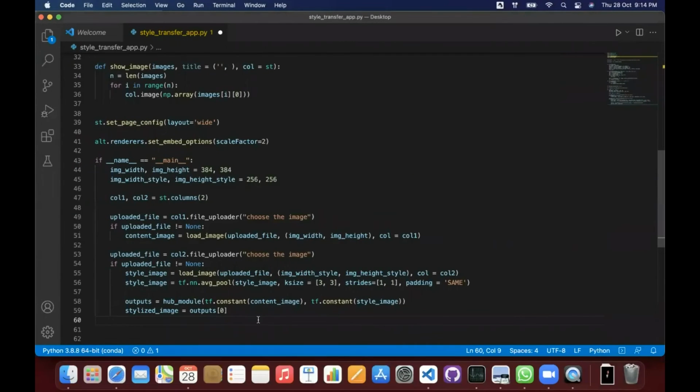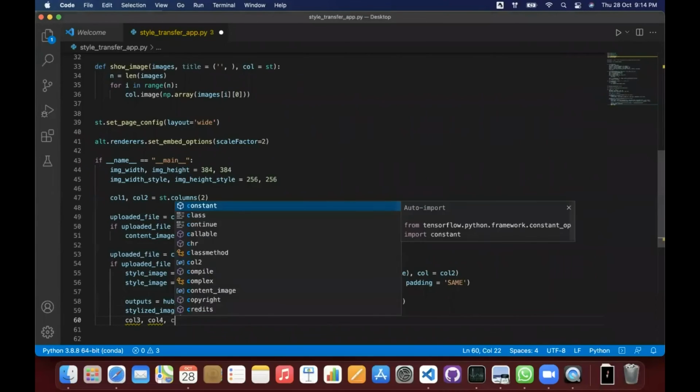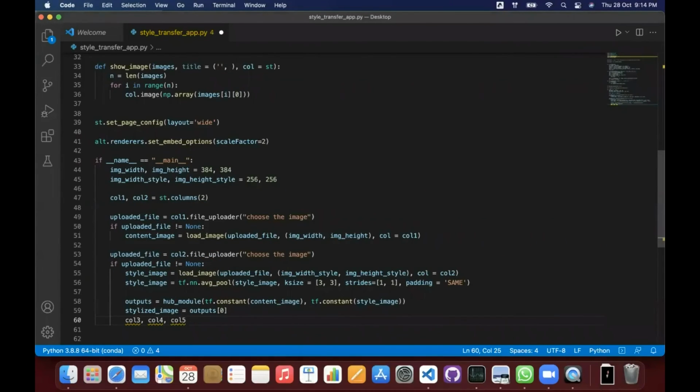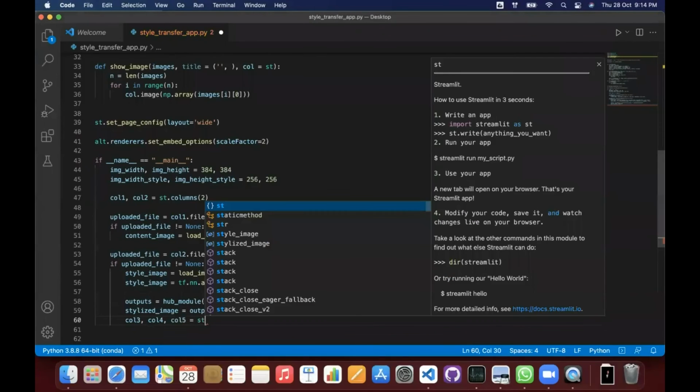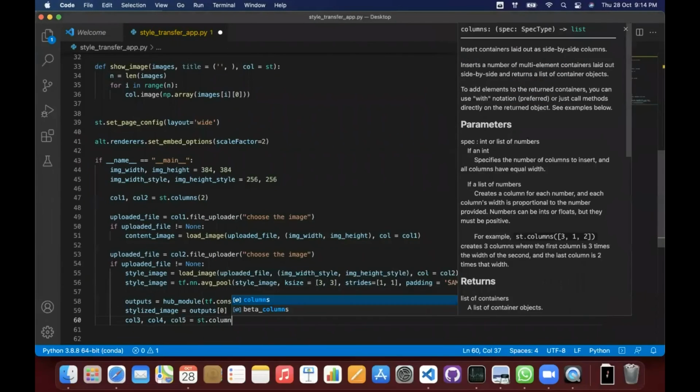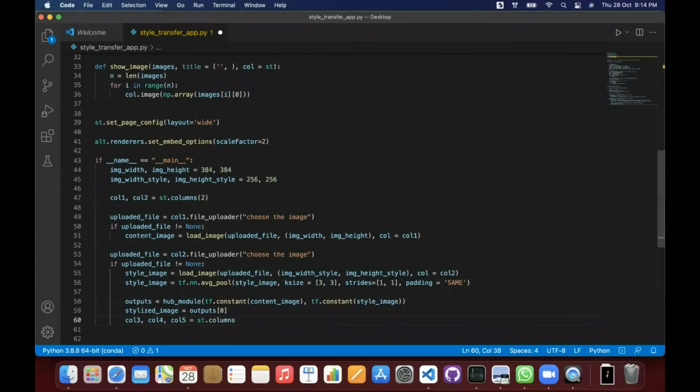I'll write, we already have col1 and col2, so I'll name them col3, comma, col4, comma, col5, equal to st.columns, and I'll pass 3 here, so I have 3 columns again. Now I need to display my image in the middle column, that is column 4.